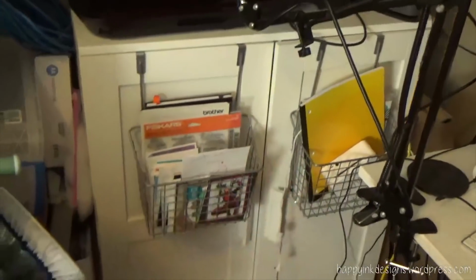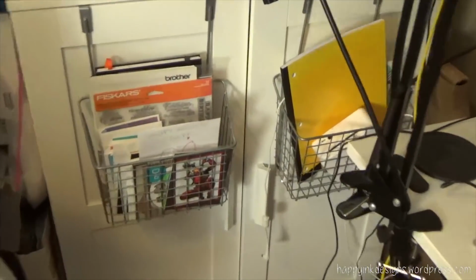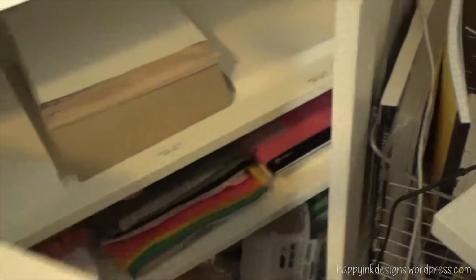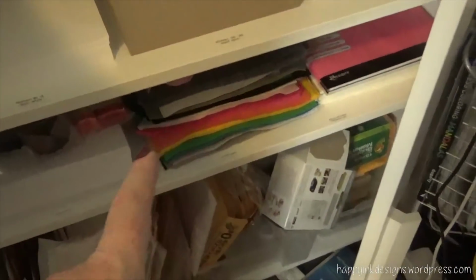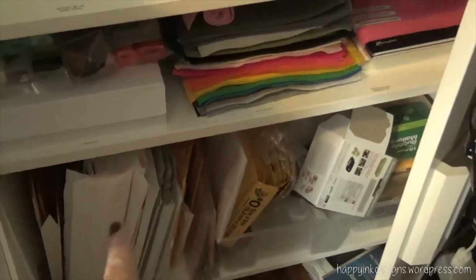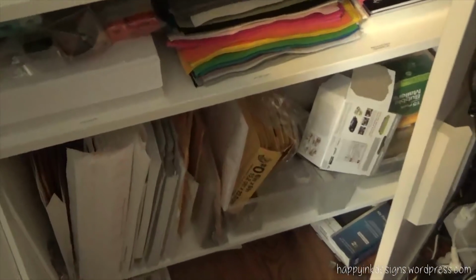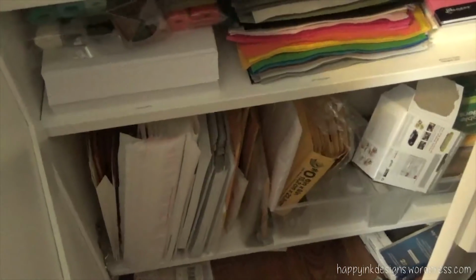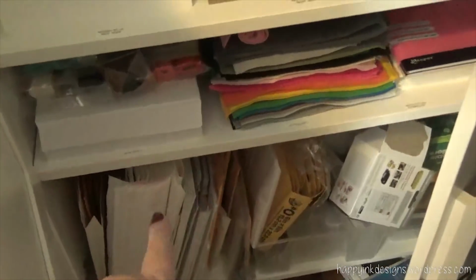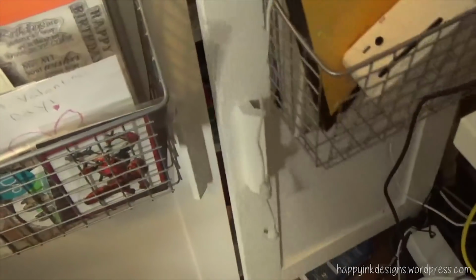I want to keep this piece right here too, because this is a nice cupboard from IKEA. And right now it has my Nina paper cardstock in there, my felt, which I never really use, but I want to. Shipping materials down here. I have padded stuff from when I used to sell my cards on Etsy. I just don't even have time for that anymore, but I have to keep this stuff. And my legal size paper down here because I'm a notary and I do loan signings when I have time. So I've got to be able to